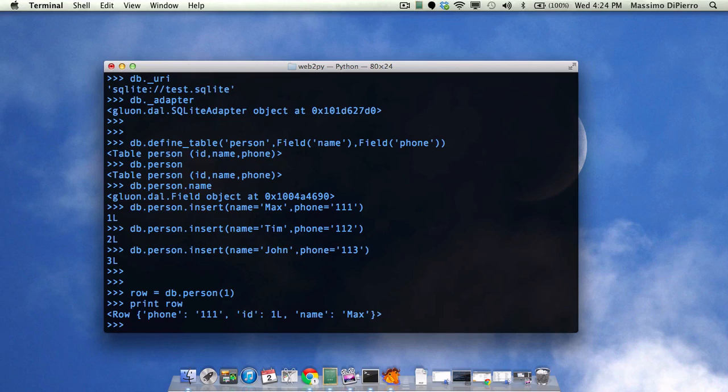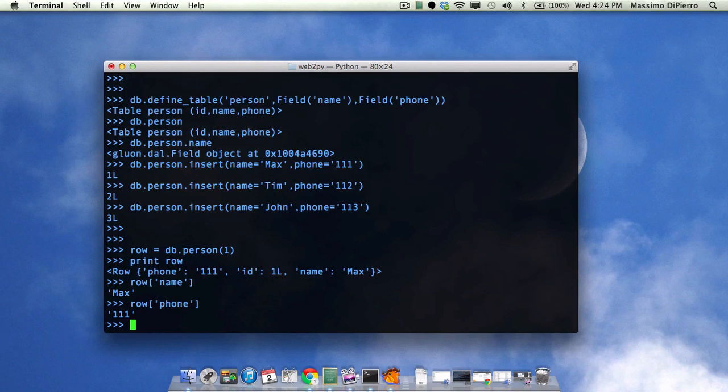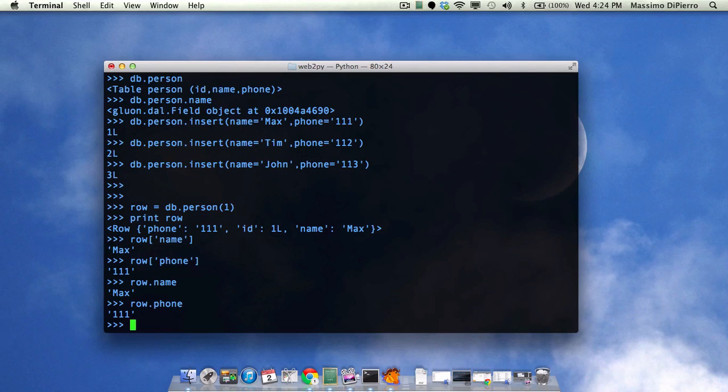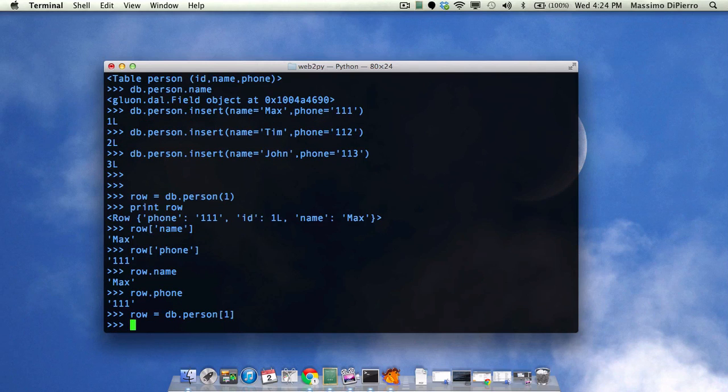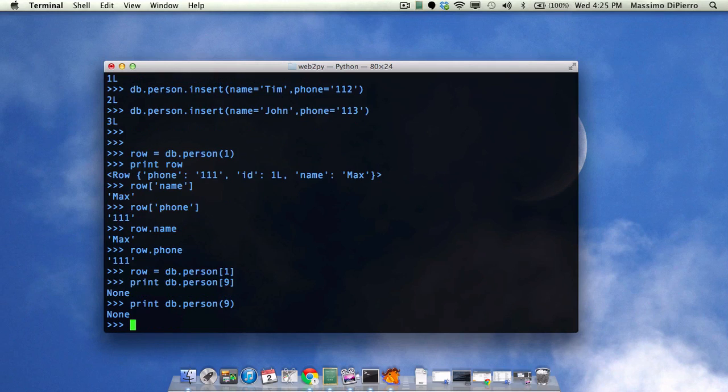It's actually a row object. But like a dictionary, we can get the name, or we can get the phone. But a row object can also be accessed using the dot notation in the same way. Now we can retrieve a row object using square bracket notation. And what's the difference? Well, the difference is what happens if we try something that doesn't exist. So if I try something that doesn't exist with the square notation, I get None. Actually, no, there's no difference. Interesting. The difference is actually